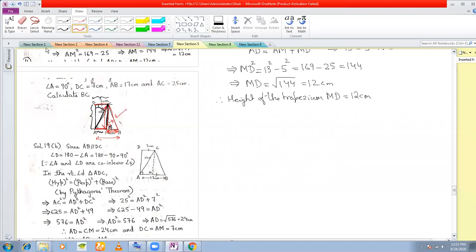Is it clear? Or should I explain again? Sir, can you explain again? So you rub and explain. See, this angle is 90 degree. So this angle is also 90 degree because these two are given to be parallel, co-interior angles. Yes, sir. Now this is a right angle triangle. This blue is the right angle triangle. In this right angle triangle, opposite to this 90 degree will be a hypotenuse.